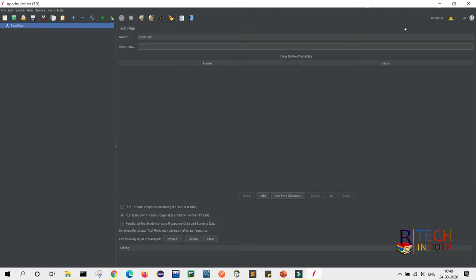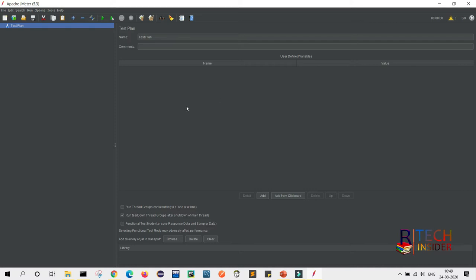First we will see the UI of JMeter. These are the menus which we will use later in the session. But basically JMeter has two sections or two frames, a left frame and a right frame. The left frame is where we will provide whatever activity we will use for that test, and on the right side we will provide the parameters and values which are useful for running any test.